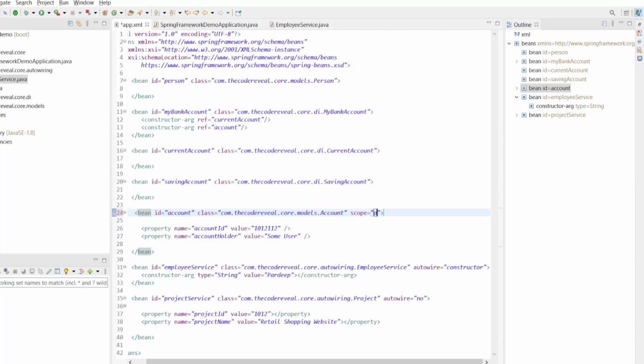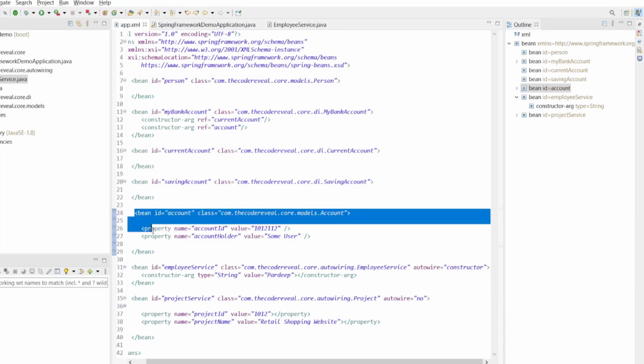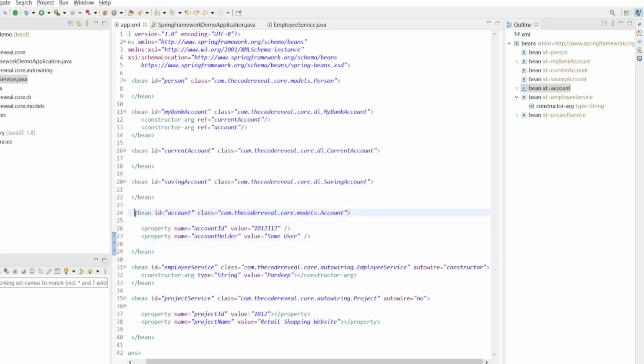If we define prototype, every time we need this bean in a dependency, or whenever we are going to use this bean, the Spring IOC container will give a new instance of that bean. If we have not defined the scope for the bean, the default will be singleton, and in the singleton case it will be used as a shared instance.